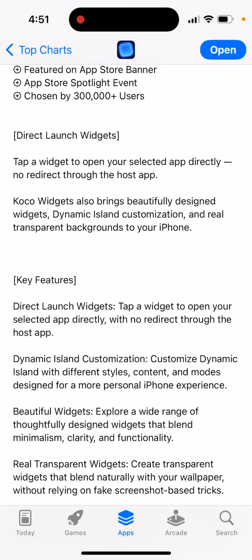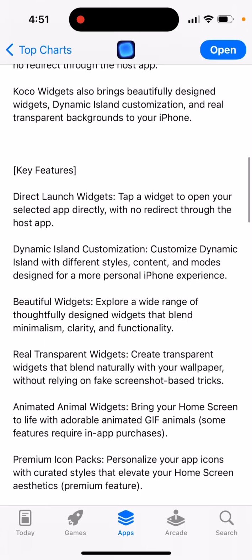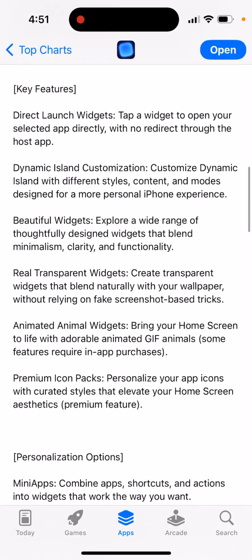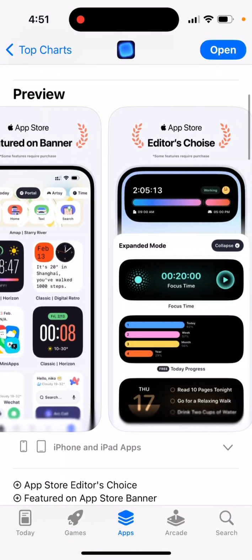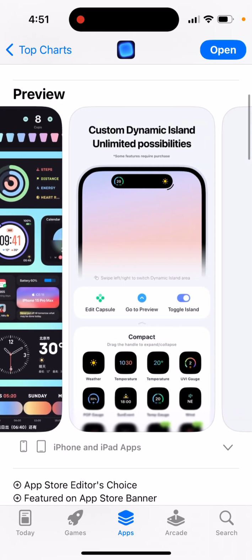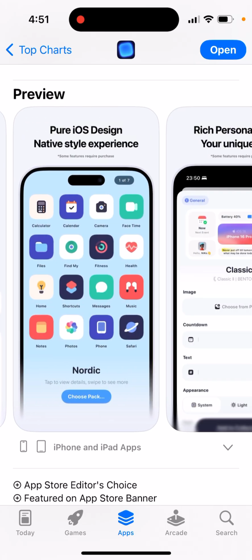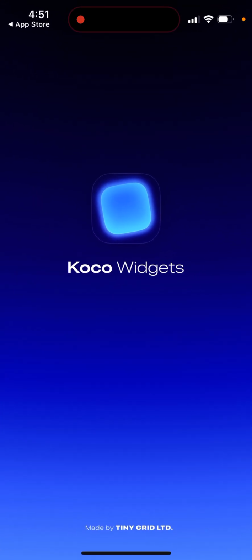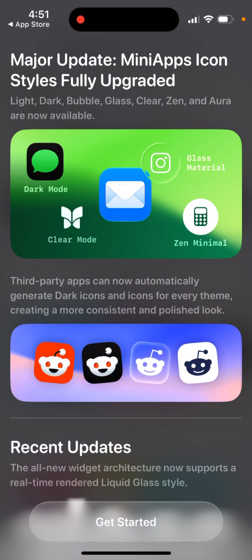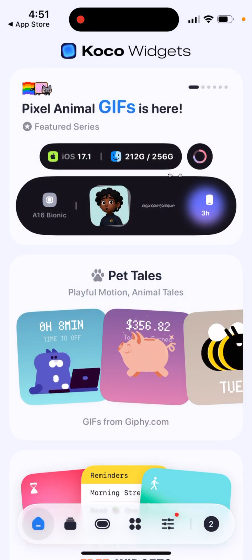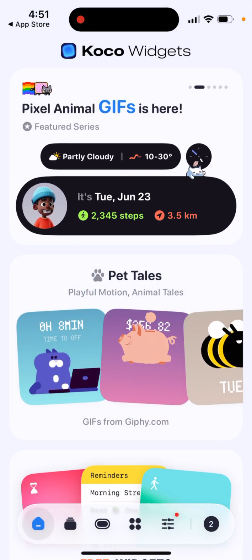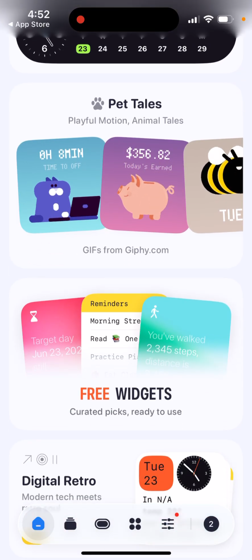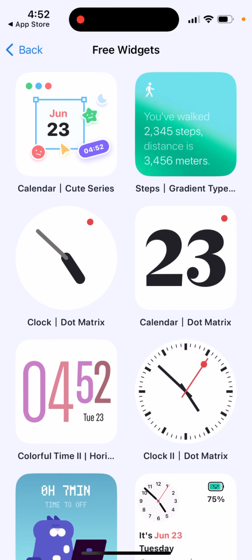And you also have this dynamic island, quite advanced customization, real transparent widget, animated animal widgets, premium icon packs, editor's choice, pure iOS design, native style experience, and then you can just open it up. And then you can see all of these pixelated GIFs, dynamic islands, widgets, and then you also have free widgets